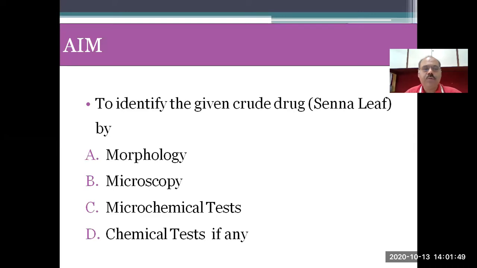So this will be our aim of today's practical: to identify the given food drug by morphology, microscopy, microchemical test, and chemical test, if any. These microchemical tests are nothing but staining. You have to stain your slides. All the staining procedures are included under the microchemical test. Most widely used staining reagents are phloroglucinol with concentrated HCl, then ruthenium red, Sudan red 3,